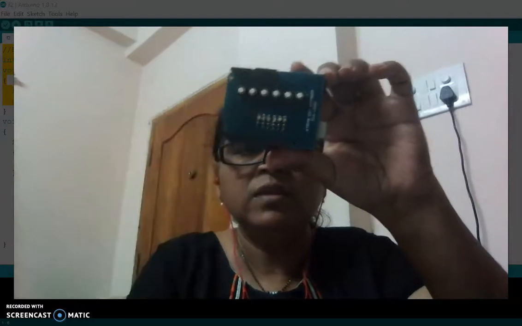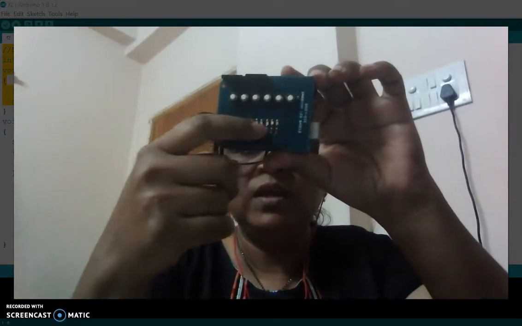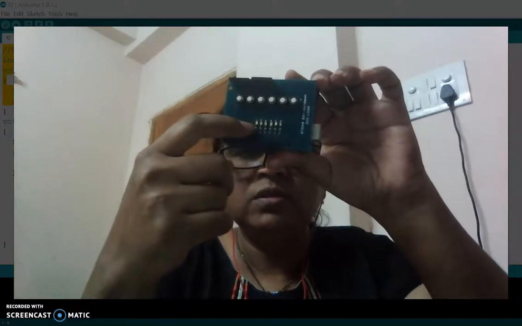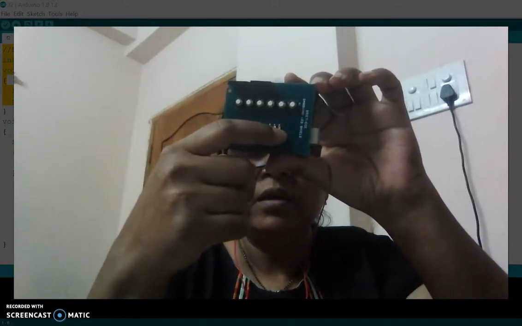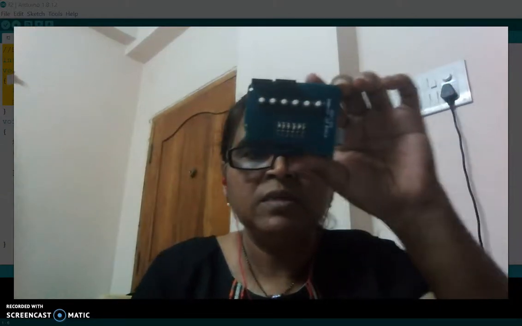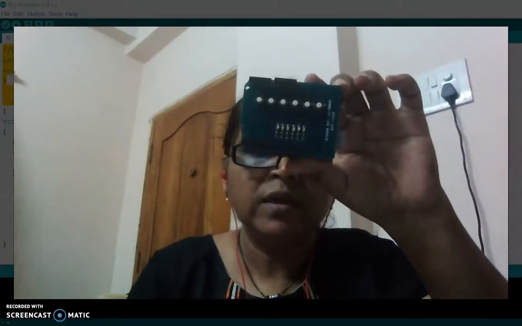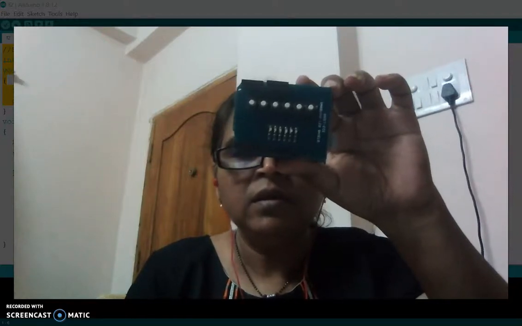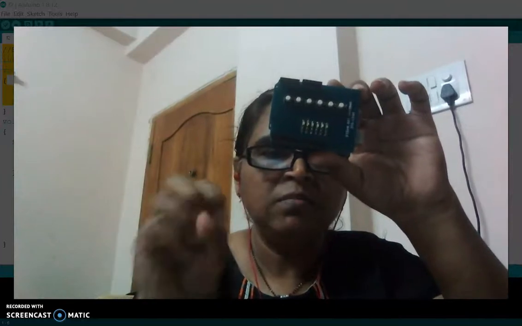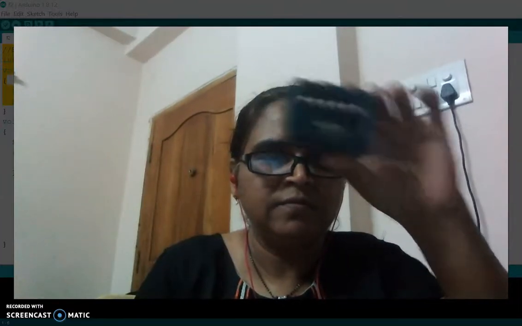In task 1 we will use only LEDs. We won't use switches. Blinking LED means I have to glow 6 LEDs and put them off, then glow the 6 LEDs once again. So it will give the blinking effect.